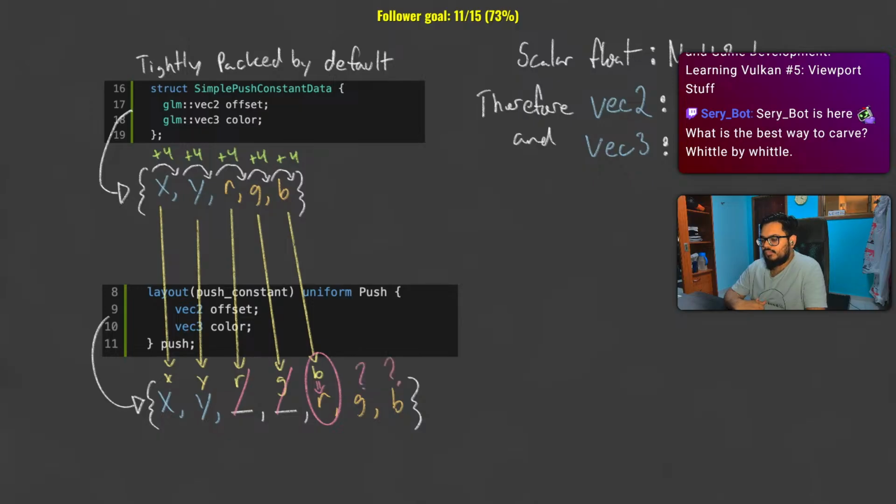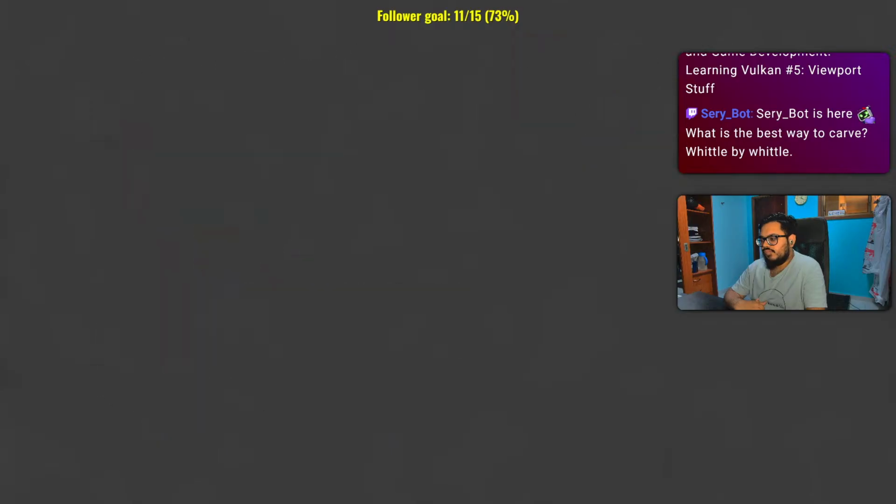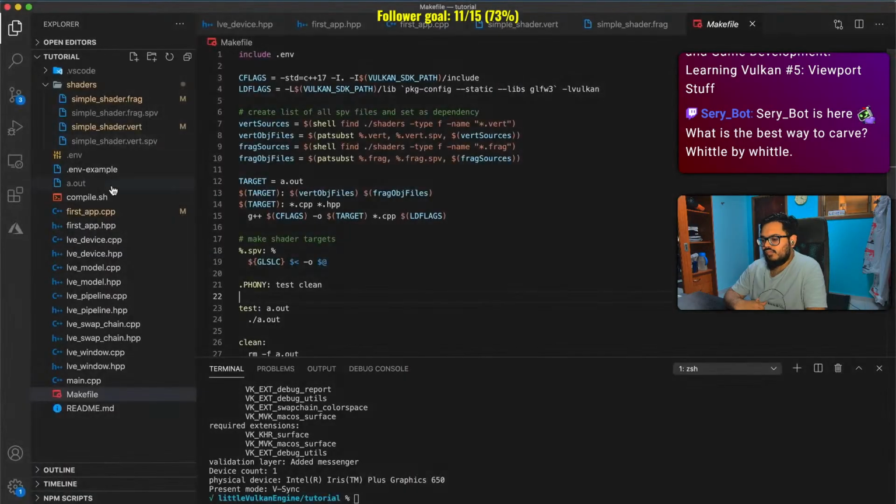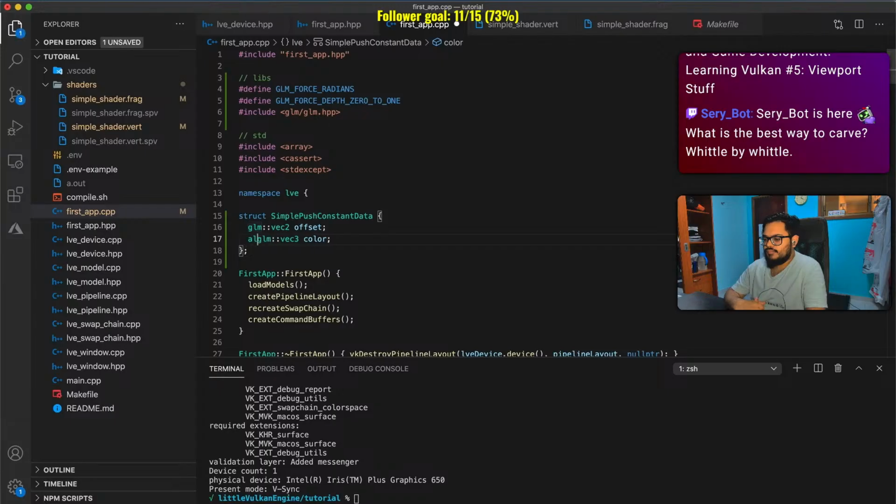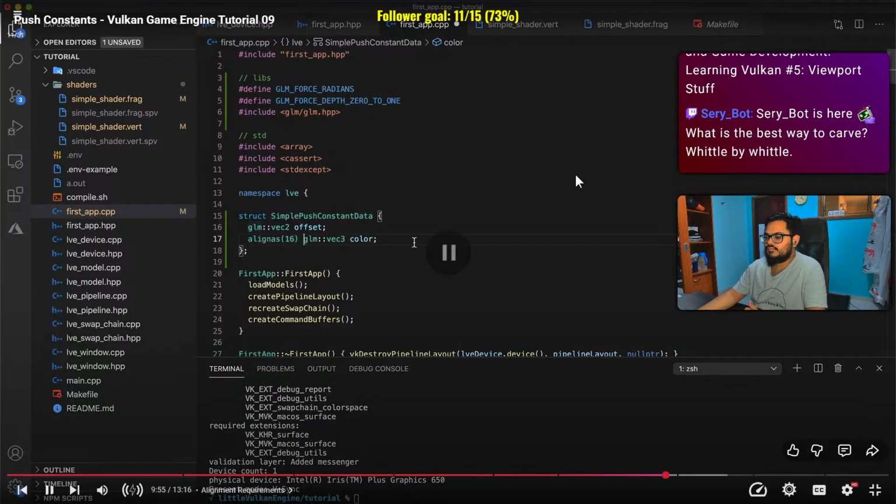Alignment mistakes can be tricky to debug, since you won't likely ever see an error message. We can fix this by using C++11's alignas specifier. Just before the color declaration in the push constants data struct, add